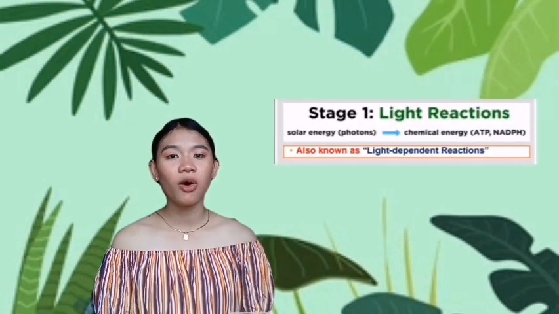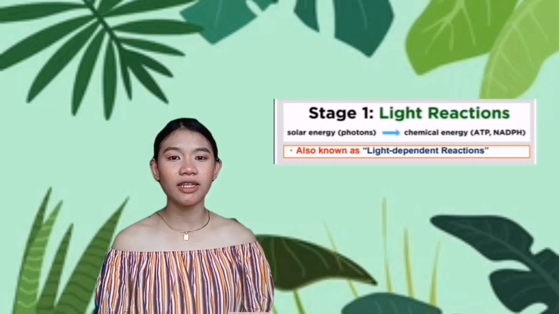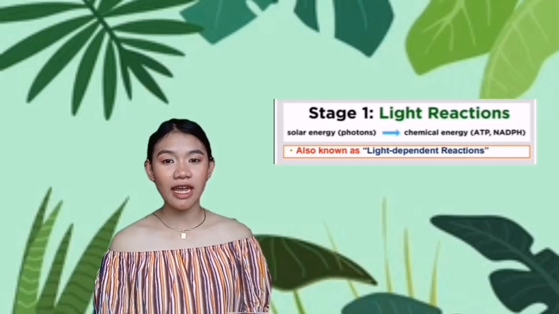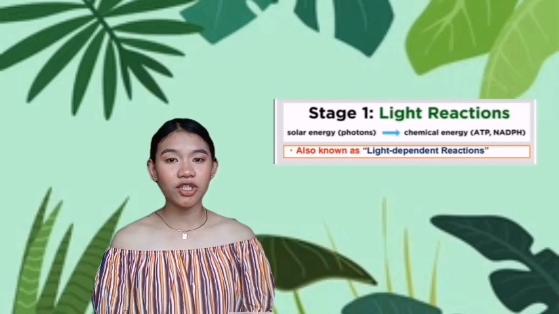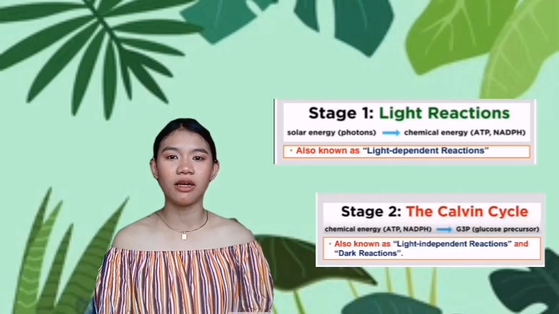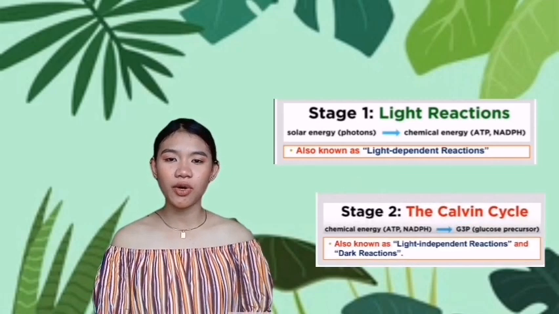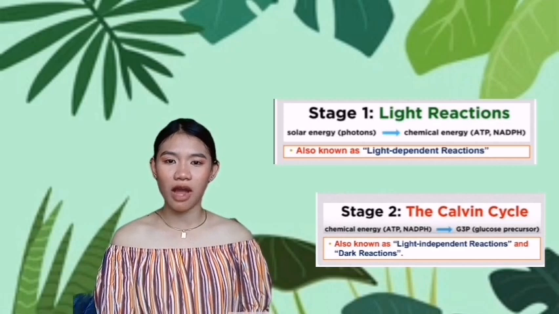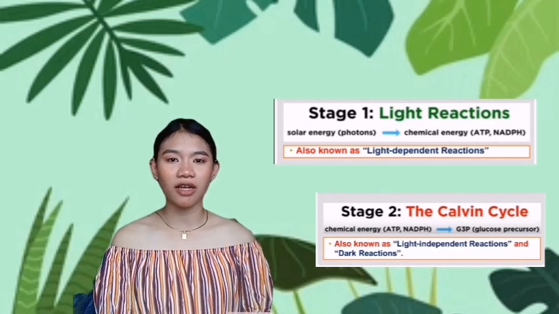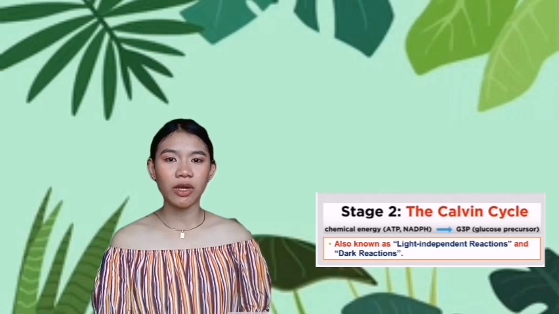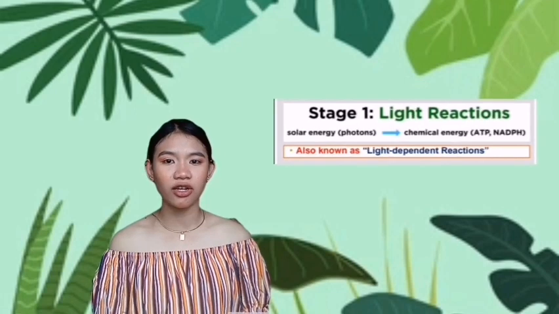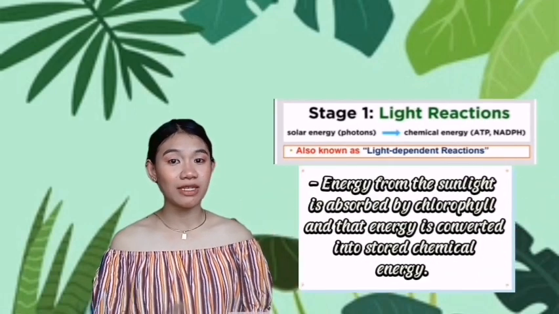There are two stages of photosynthesis. Stage 1 is the light reaction, solar energy, also known as the light-dependent reaction. The second stage, stage 2, is the Calvin cycle, chemical energy, also known as the light-independent reaction and dark reactions. The difference between the two: in the light reaction, or light-dependent reaction, this is the energy from the sunlight